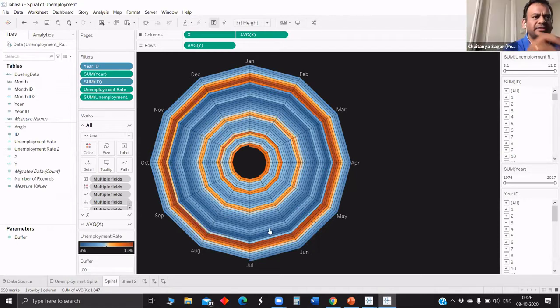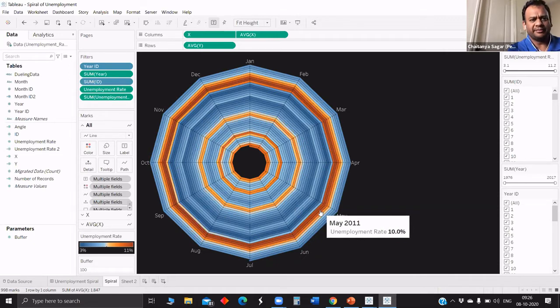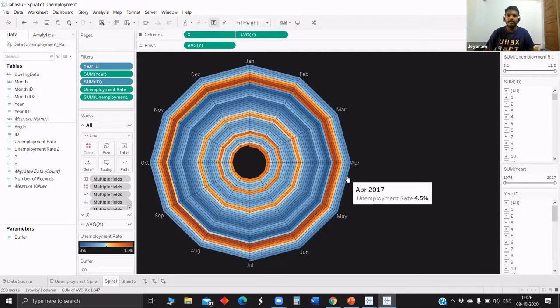I think the red would mean that unemployment has been high, right? Yeah, highest unemployment. So this is Jan, Feb, March, going around, 12 months, and each line is a year, right? Yeah, from 1976 till 2017.